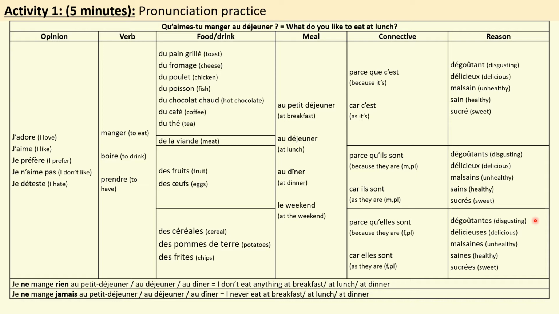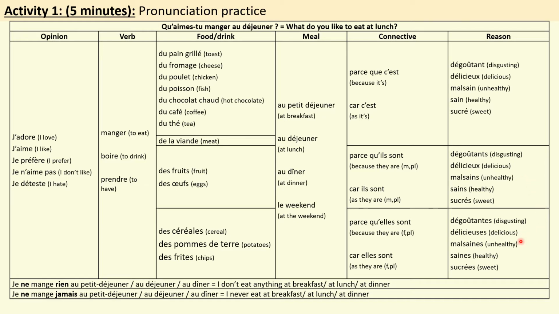Écoutez, répétez, dégoûtante. Good. Écoutez, répétez, dégoûtant. Dégoûtante. Délicieux. Délicieuse. Malsain.